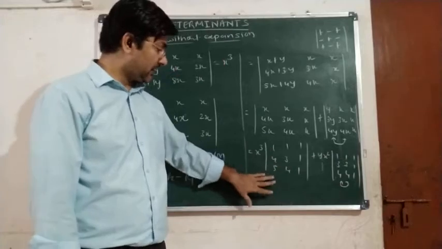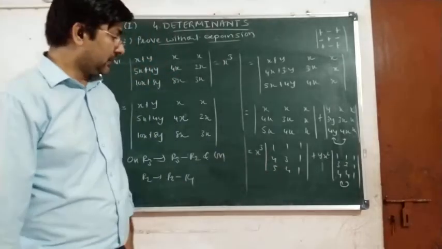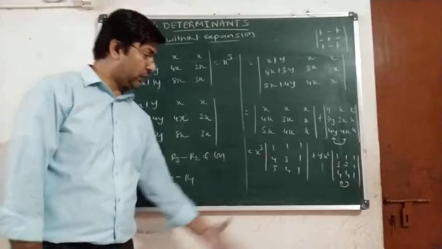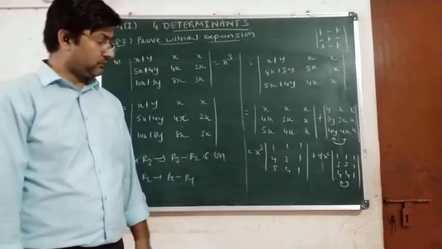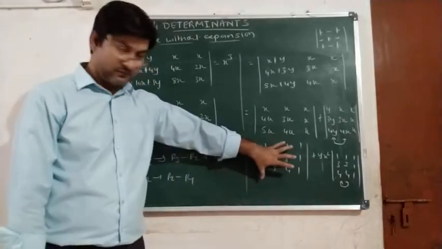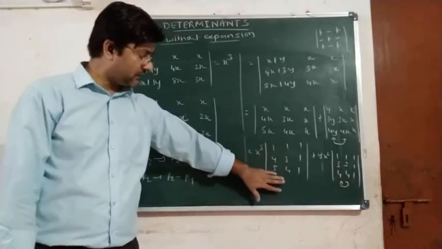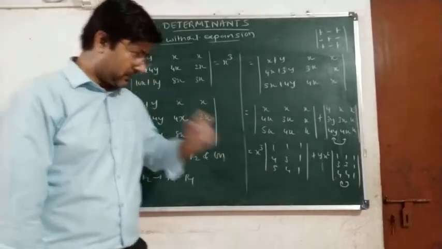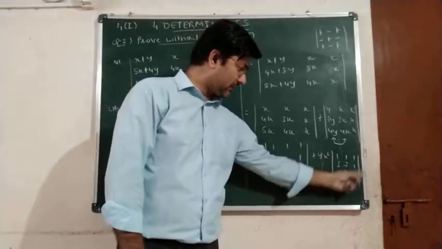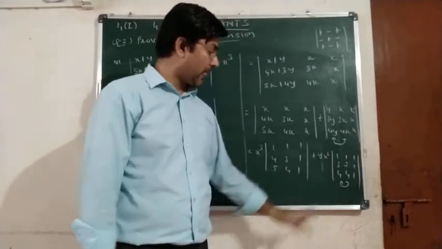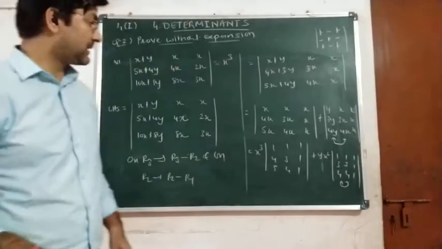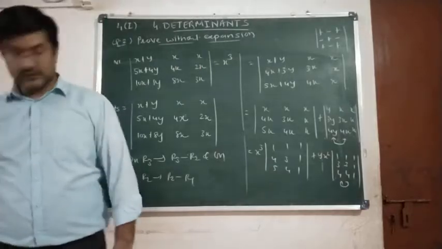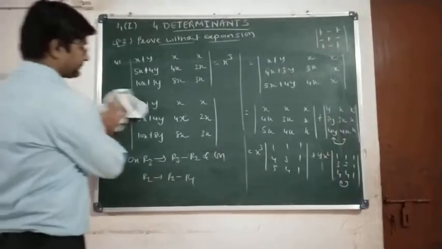Now we will simplify the first determinant to get the final answer. Now we can expand. Further we will use a few properties, further simplification will be made, and then finally we will expand. But for the next step we will write down that the value of this determinant is 0, because the first and the second columns are identical. Clear? So let us write down this step over here on the left hand side.